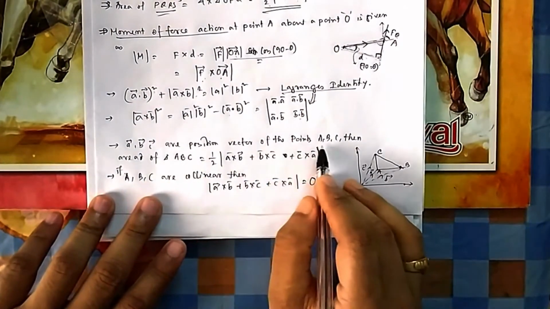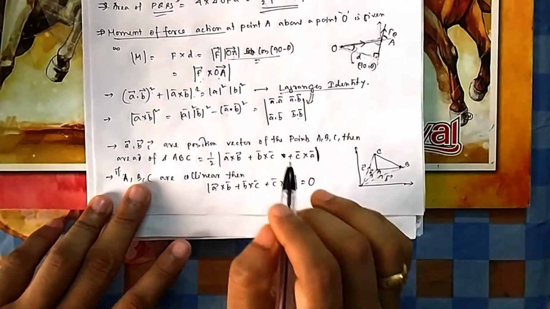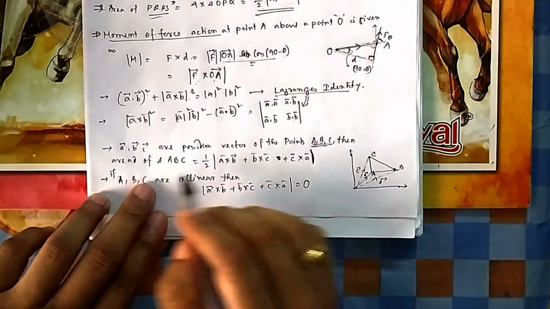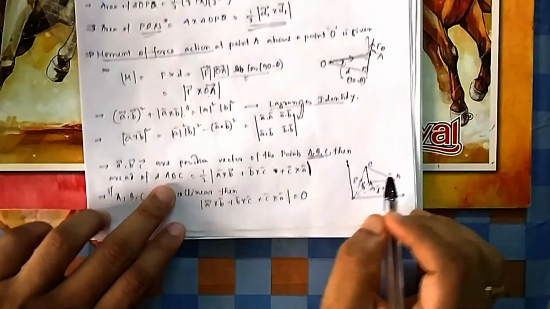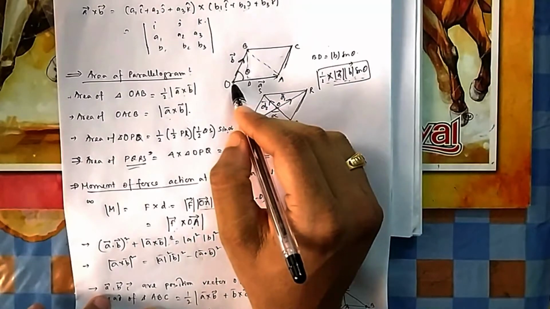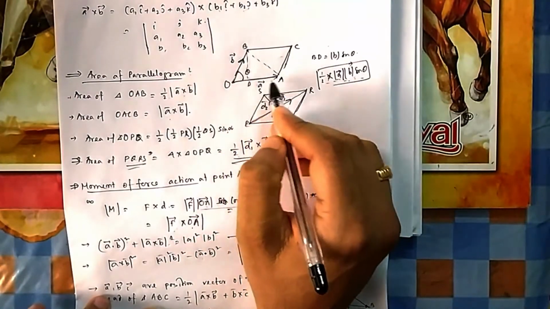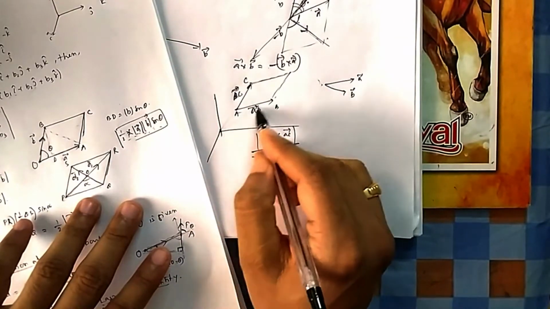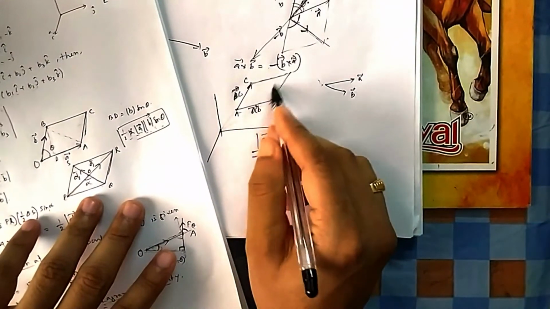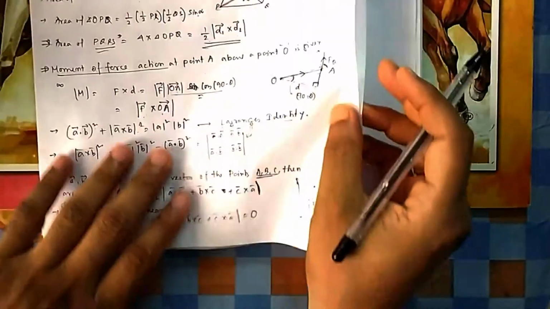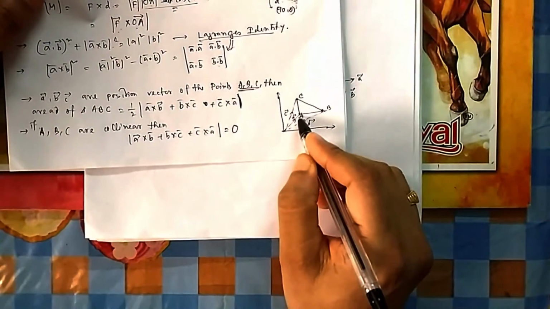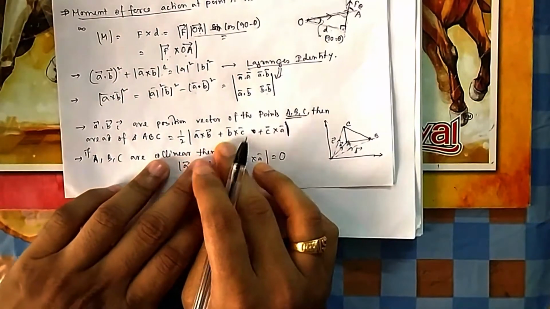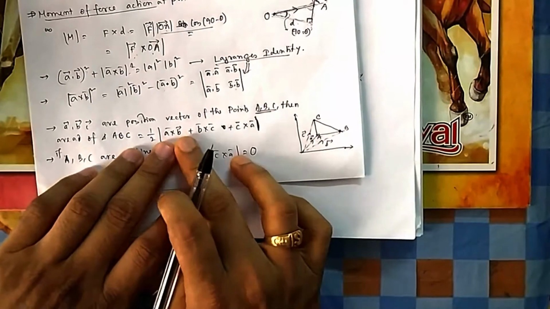Suppose A, B, C are the position vectors of the points A, B, C, very careful, these are the position vectors of the points. So I have drawn a triangle, I will show, then the area of the triangle ABC. So it is slightly different from this one. Here it was the adjacent vectors AB, not these position vectors. That's why I have explained, this position vector is this vector. So these are the adjacent vectors of that parallelogram or triangle, whatever. But here it is the position vectors of A, B, C. So this vector is A, this is B, this is C. So how does it come here? You have to be very careful about this one.